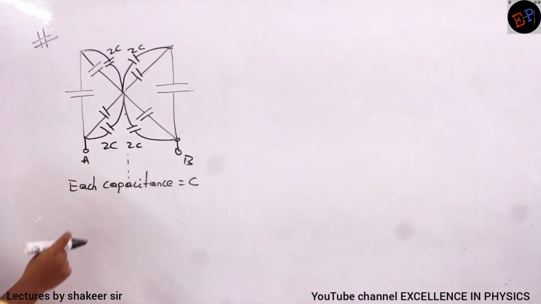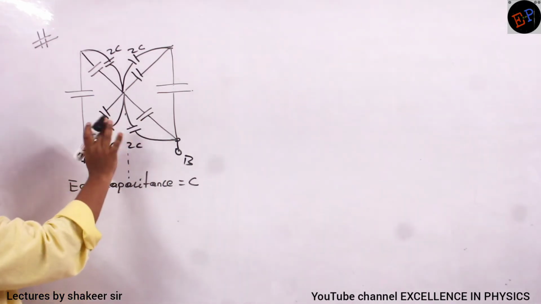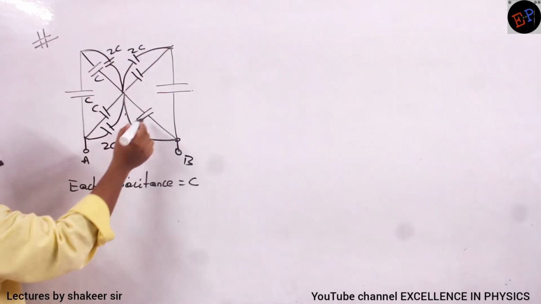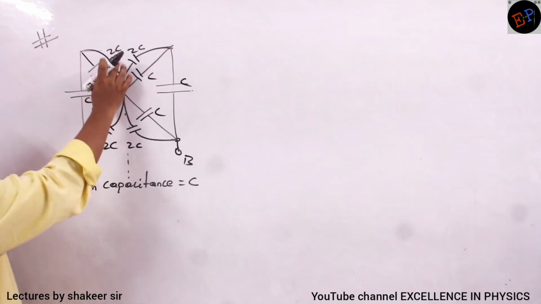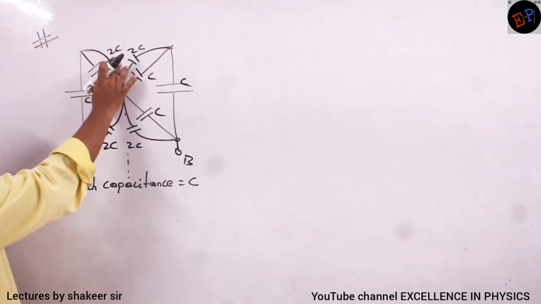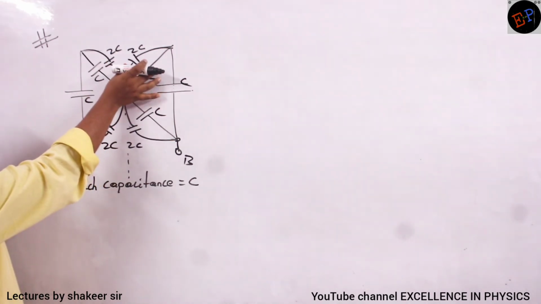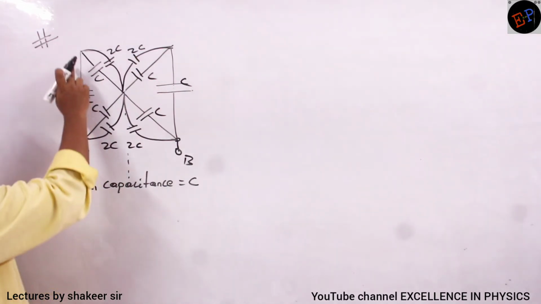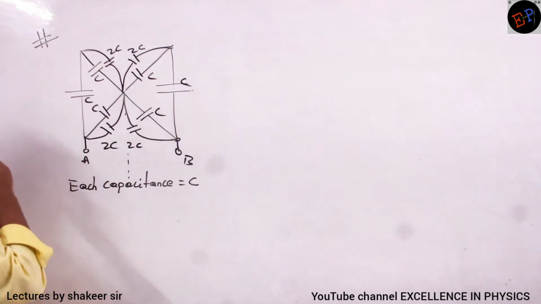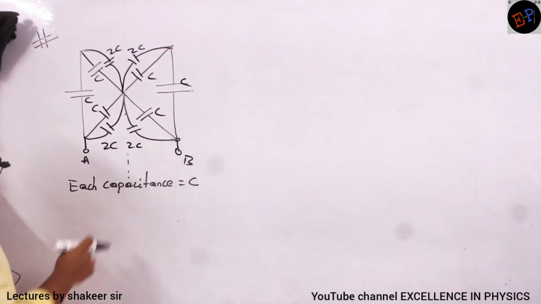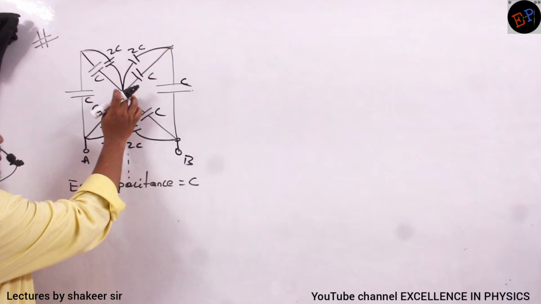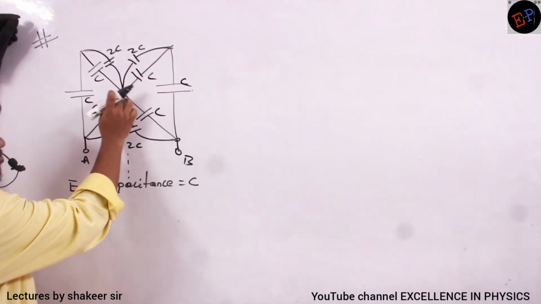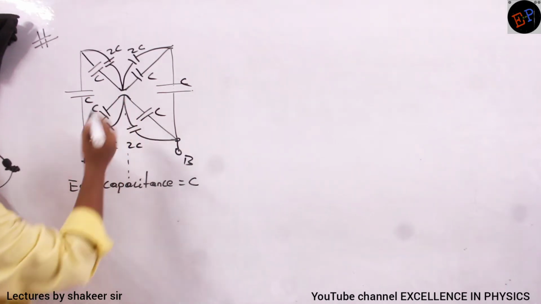Okay? Now see. Now listen very carefully. I am not going to solve this one, ma? Just I am explaining you. So this is C, C, C, C, C and C. So 2C and 2C they are in parallel, no? This 2C, 2C also in parallel, no? Clear, no? Then this branch and this branch. Now see ma, one more point. What I can do is, then I can disconnect these points also, no? These points I can disconnect also, no? I can disconnect them like this. Why I can disconnect?